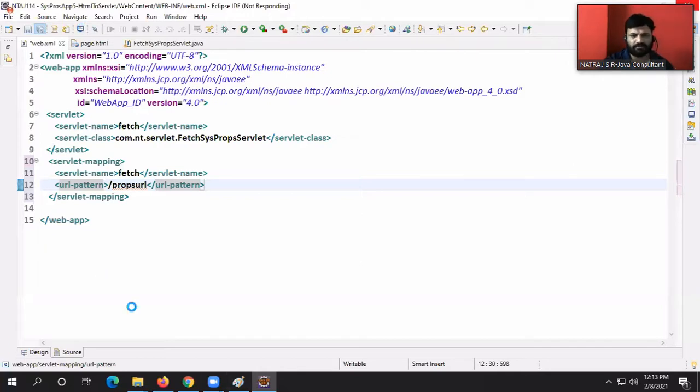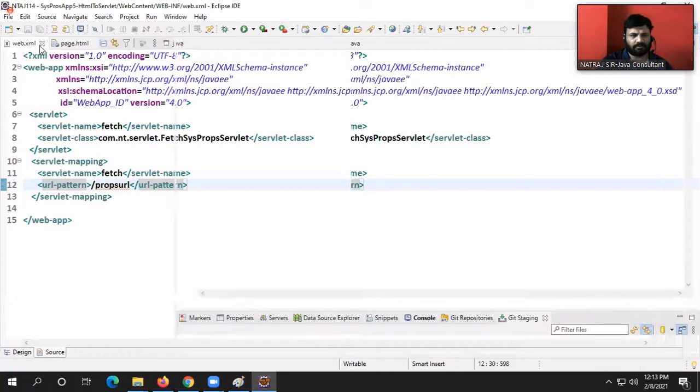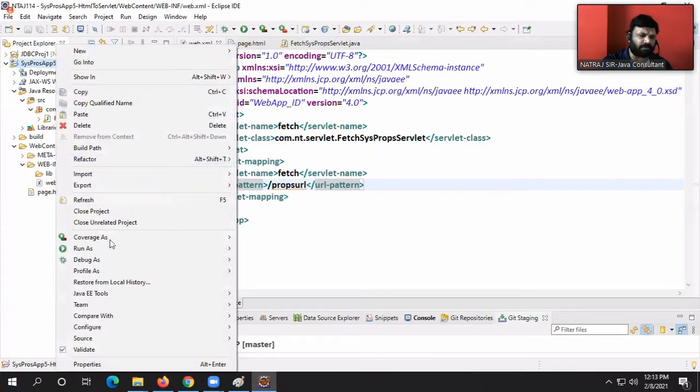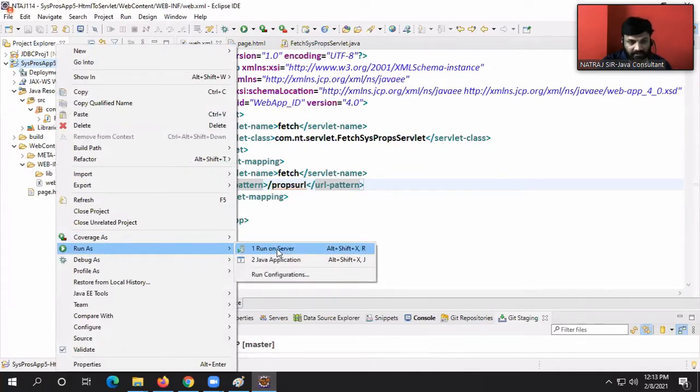Okay, boss. I'll give the code and all this stuff. Now let's run the application. I'll give the steps and all this stuff. Running is also very easy. You need not start Tomcat. You need not deploy. You need not compile. You need not create the deployment directory structure. You need not verify. Everything is taken care of by Eclipse.